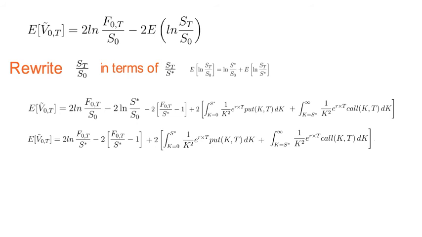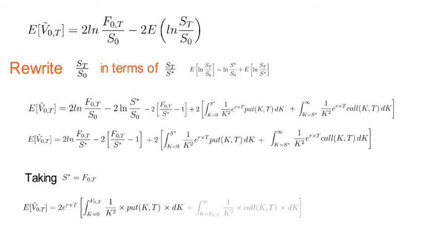Now, as the very last thought, the last equation looks slightly different to the expression that I showed in my intuition video on the VIX as the market's forecast for volatility. Yet in fact, both expressions are the same. I want to show you why. We can choose for S star any positive value. So if you fix S star to coincide with the price of the forward, meaning S star is defined to be F0, capital T, then the last equation for the expected value of V tilde 0t simplifies to the following expression,